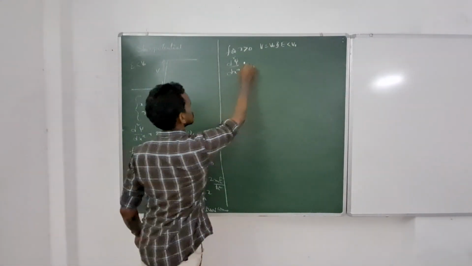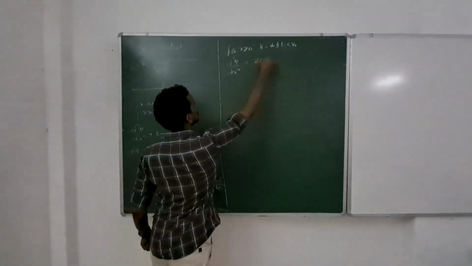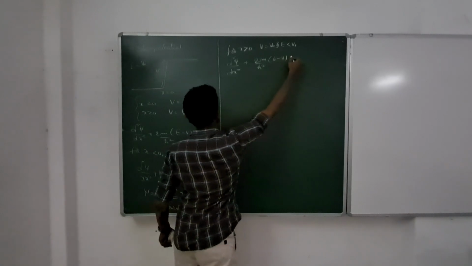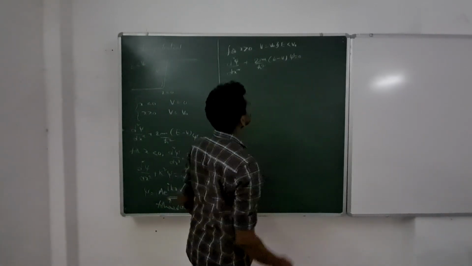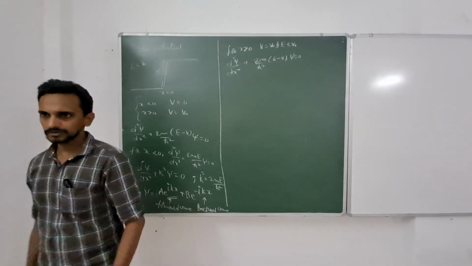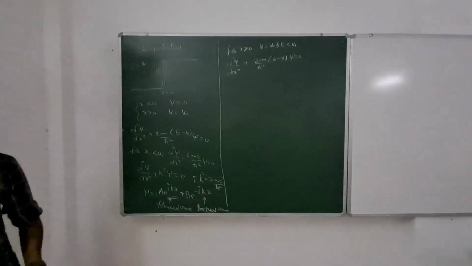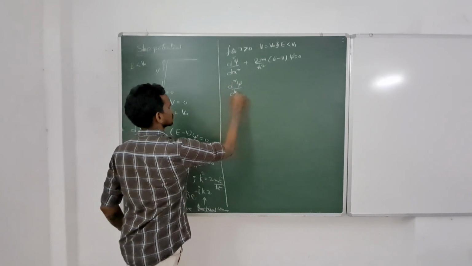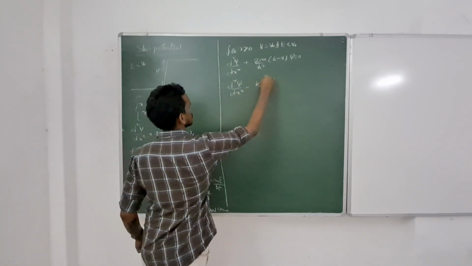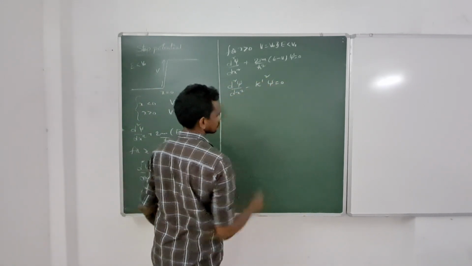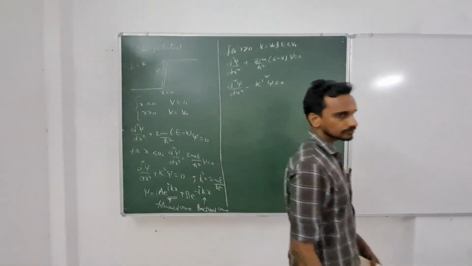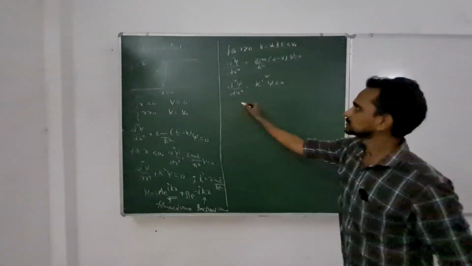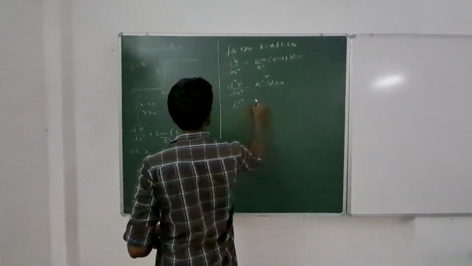So what happens to this? d square psi by dx square is equal to 2m by h bar square times (V minus E) psi. E minus V is less than 0, so we get a negative number. So d square psi by dx square minus k prime square psi equals 0. Here k prime square is